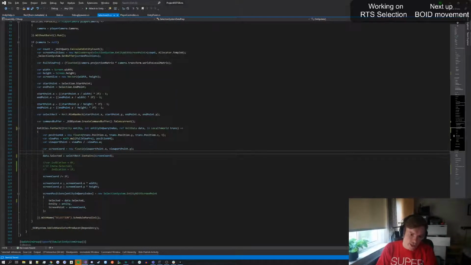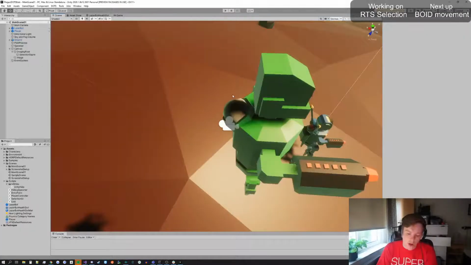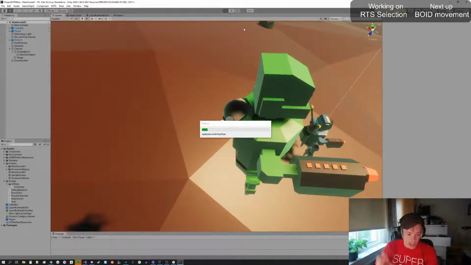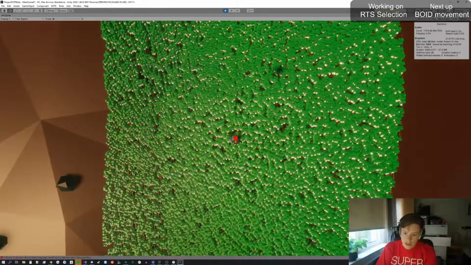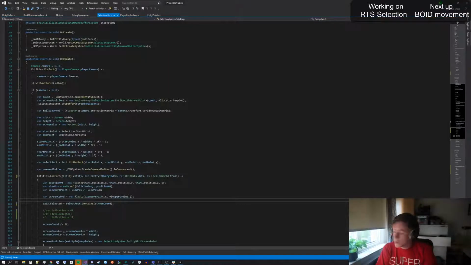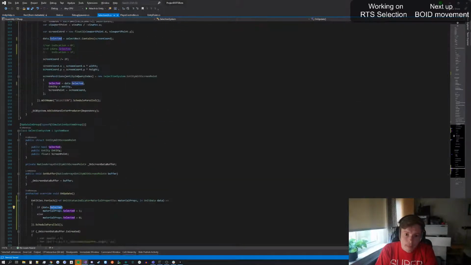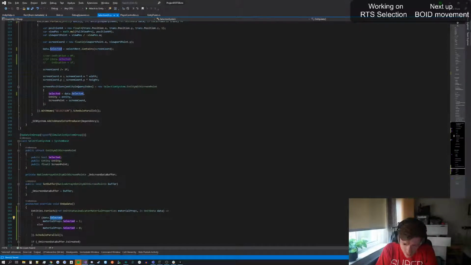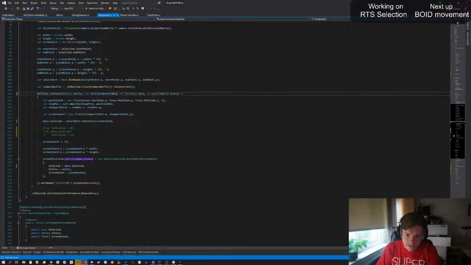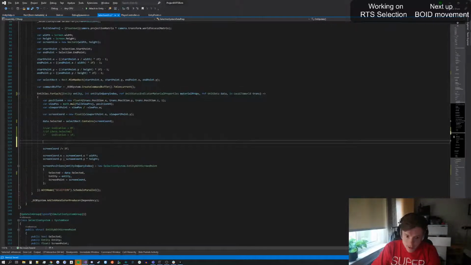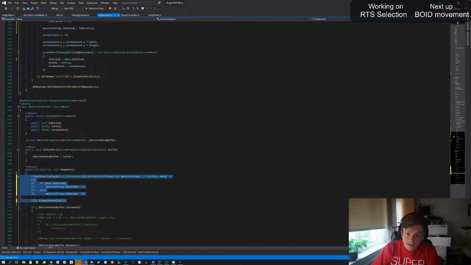We probably don't want to do this selection anyway when we are not, because right now it will work, although when we let go of the mouse cursor, it will deselect everybody, I think. Oh, it's actually not working. Let me see what I'm doing wrong here. That should work. I'm not really sure what's going on here. If anybody can see the problem, tell me. I'm just gonna try pushing this value straight here and see if that makes any difference. And if we then, like I said, remove this and go back,